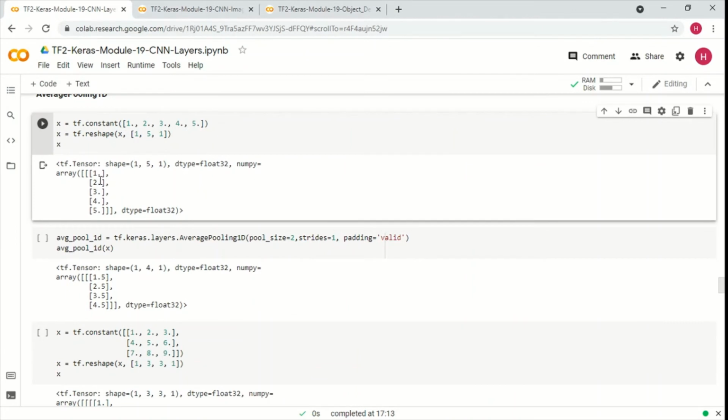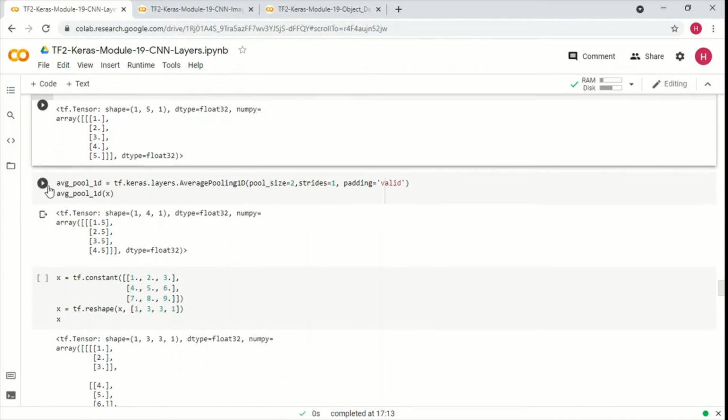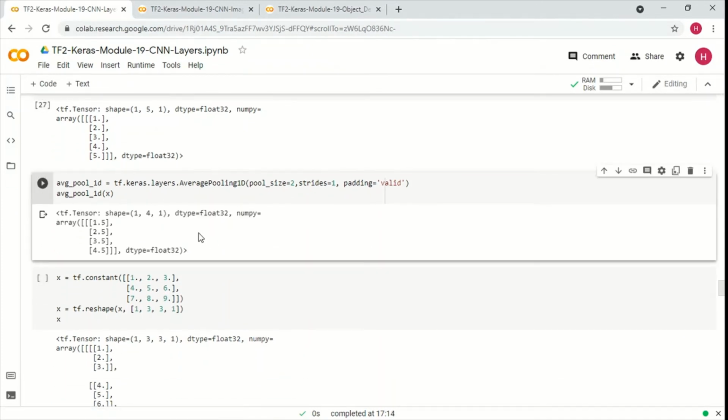So this is the original shape and vector, and now we are applying average pooling to it with pool size 2, so there are 2 values in the window, and we step through with a stride of 1. Okay, let's see what we are getting here.